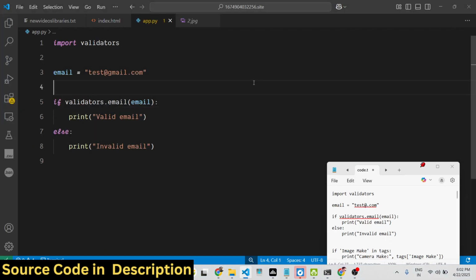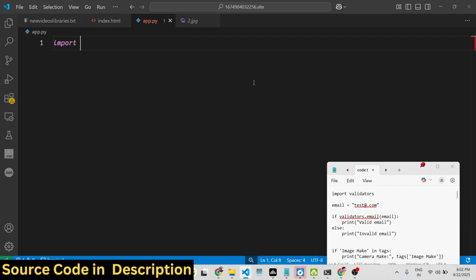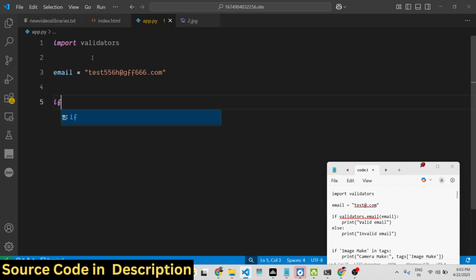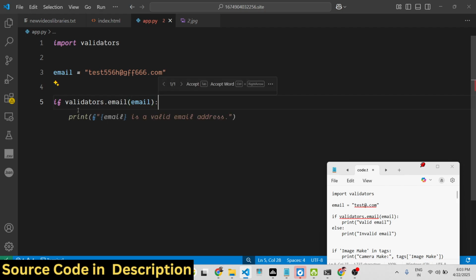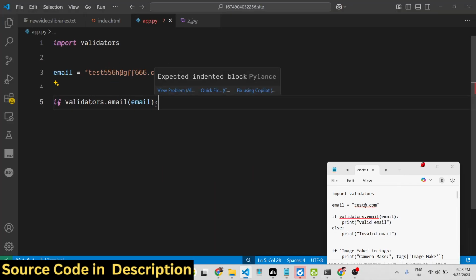After installing it, it's very easy. First of all you import this package, import validators, at the very top, and then you declare whatever email address you're working with right here. After that, you write your email address inside the variable, and now we can call validators, which contains this function, email, and here you pass your email address, and it returns either true or false. So if it returns true, then in that case you will simply say it's a valid email,